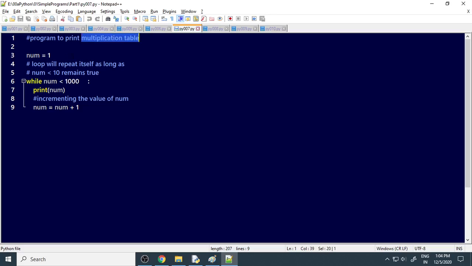You want to print the multiplication table. Before printing the multiplication table, let's use the while function. So here is a while function, num less than 10. Then print num, then num is equal to num plus 1. So you shouldn't forget to increment it. If you forget to increment, then it goes to an endless loop, because it's always 1 only, because num is equal to 1. So when you are not incrementing, it's always 1 only. So it becomes an endless loop. Therefore, you are not supposed to forget the increment.